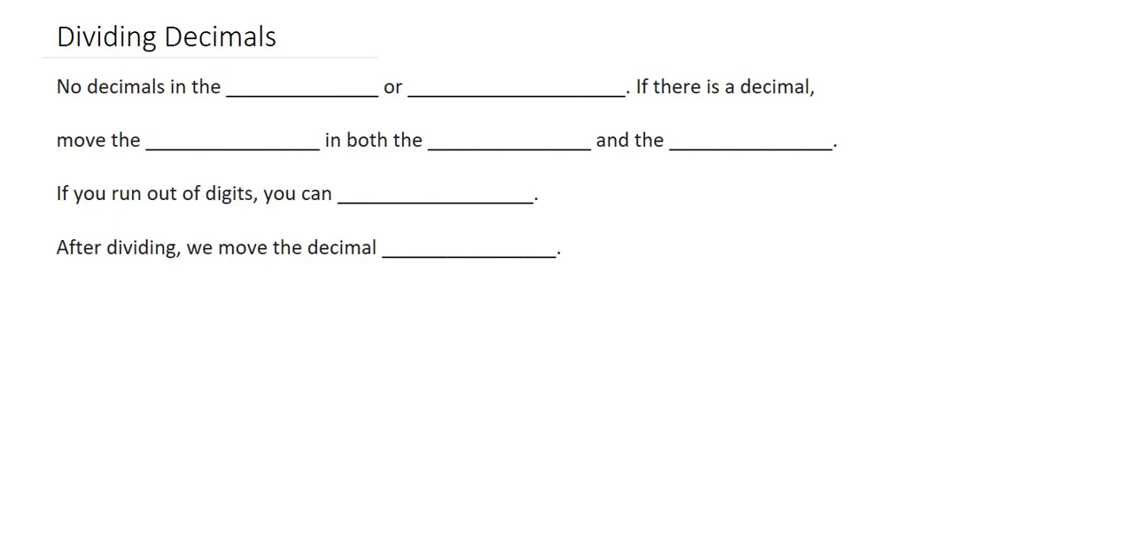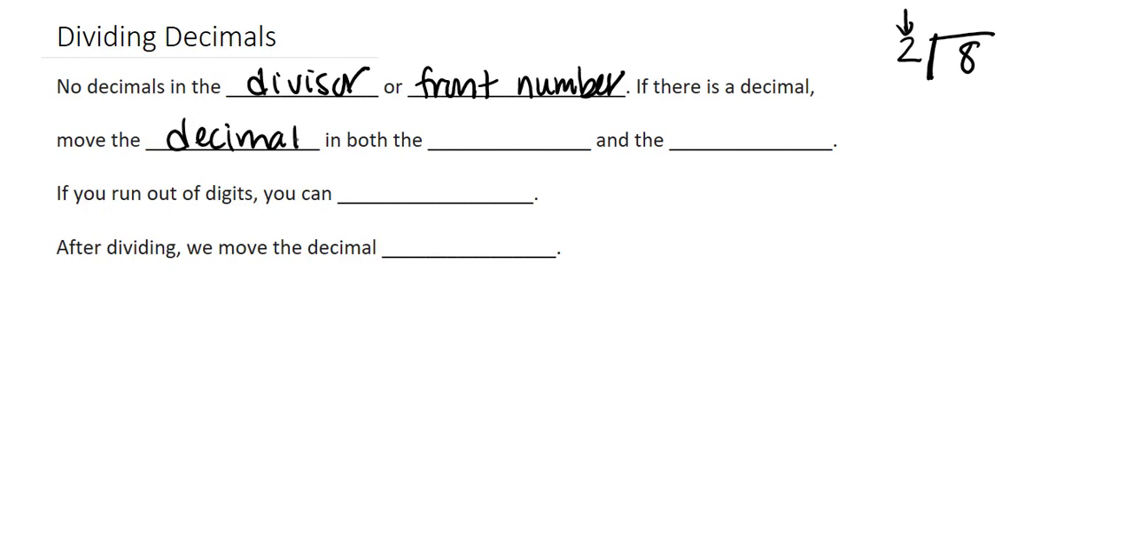Dividing decimals. So the point is we want no decimals in the divisor or the front number. This number right here is the divisor, the 2. So if there is a decimal, we're going to have to move the decimal in both the divisor and the dividend. So we'd move it in the 2, and then we would move it in the 8, which is the dividend,